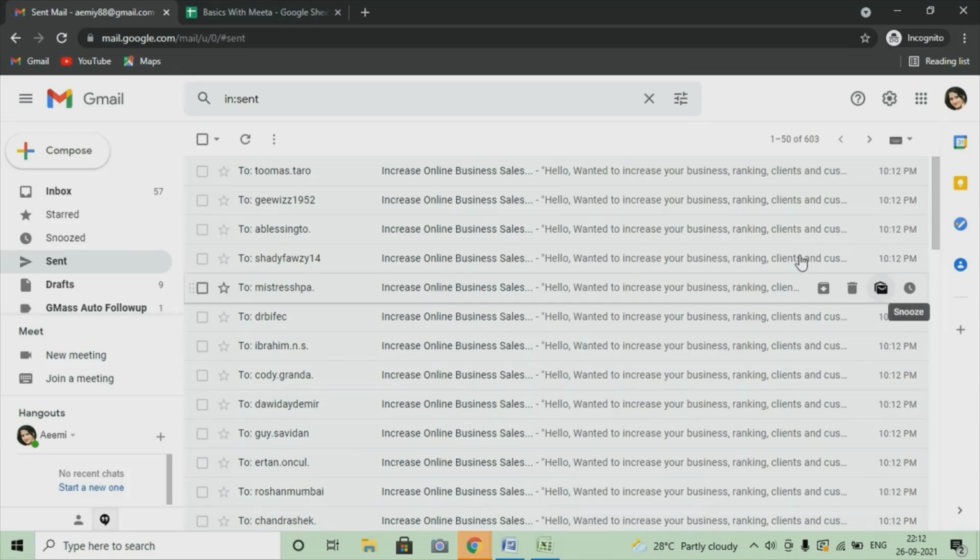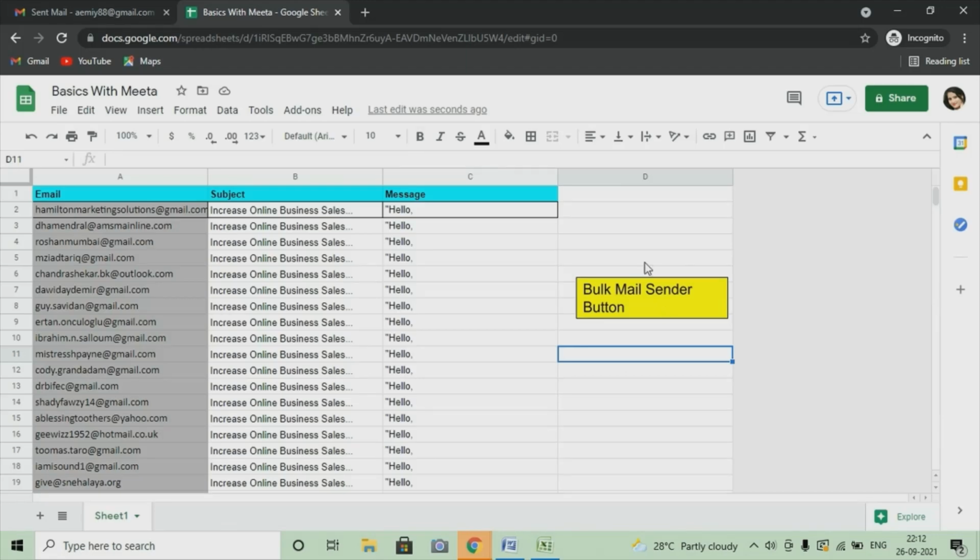So you can see that this is how you can do it, and it will take only a second after creating this. Once you know how you can create this, you can make it in just 2 to 3 minutes, and you will make the button, you will assign, and you will use this code.